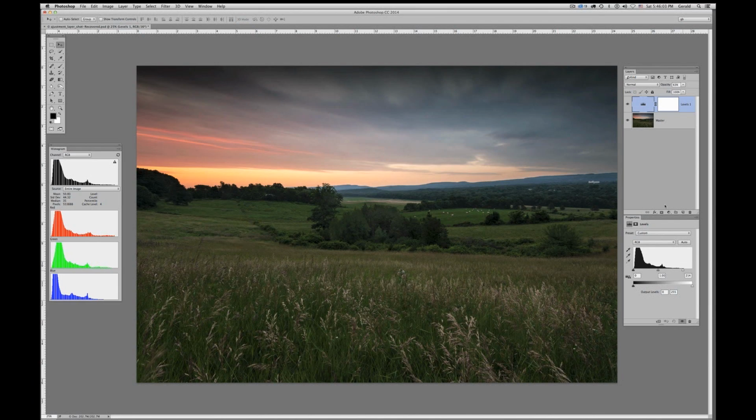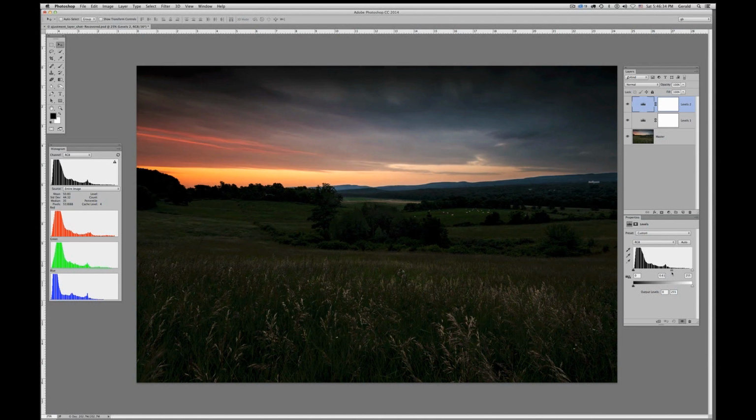Let's leave it there for now, and come back up here and toggle that on and off. Okay, it's lifted it a little bit, like taking that grey film off it, but I still really want to go to town on this dark sky. So I'm going to add another levels adjustment layer, because what I now want to do is bring down the midtones, down they come,